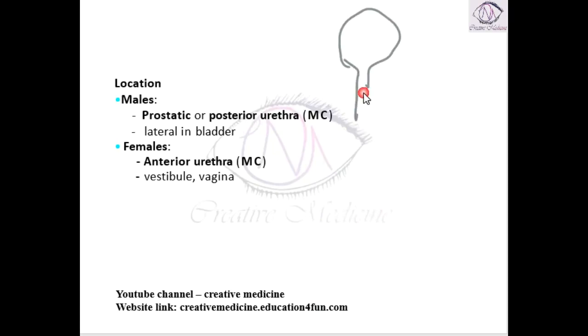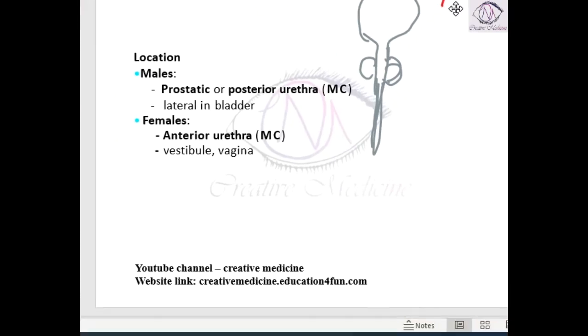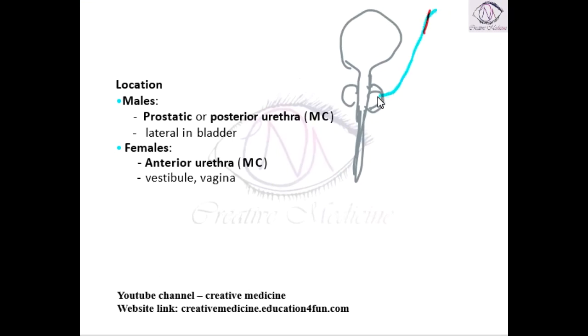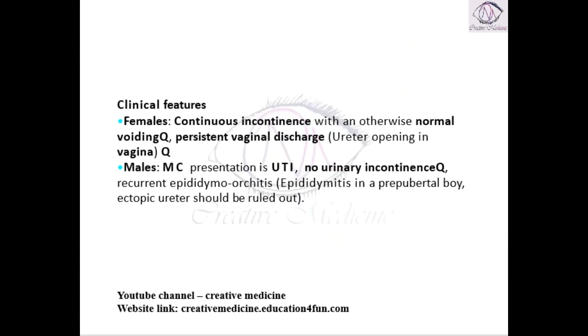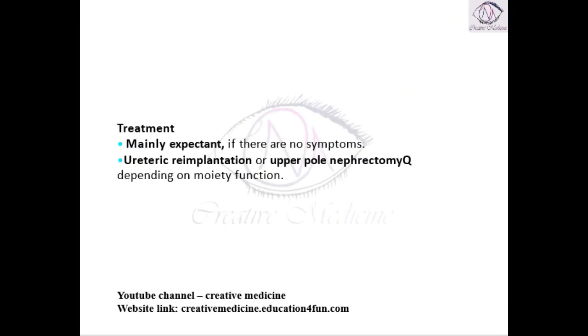So this is the bladder, this is the urethra. Here we will see this is the prostate. So this is the prostatic or posterior urethra. So the ectopic ureteric orifice will come and get inserted into the prostatic urethra, whereas if you see the same thing in females, it gets inserted into the anterior urethra most commonly, or it can get inserted into the vestibule or vagina. So if you see the clinical features,